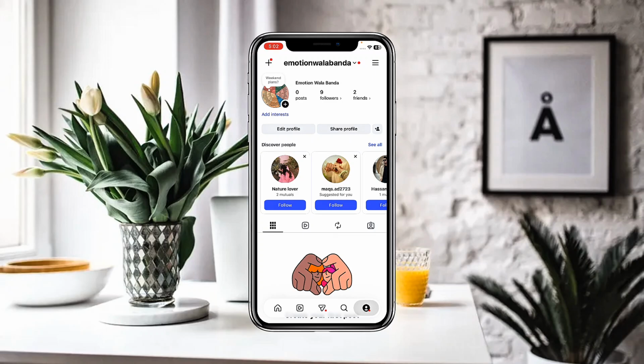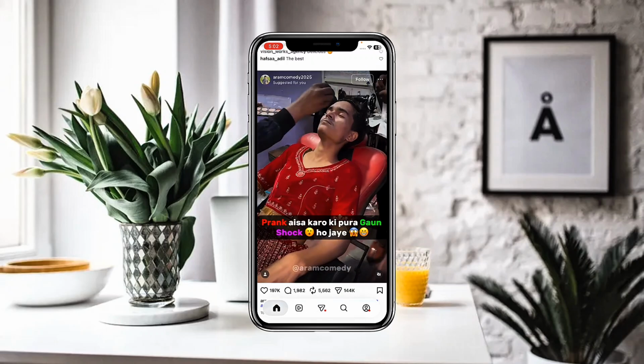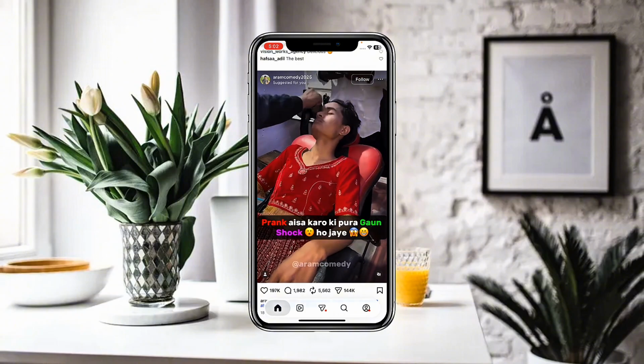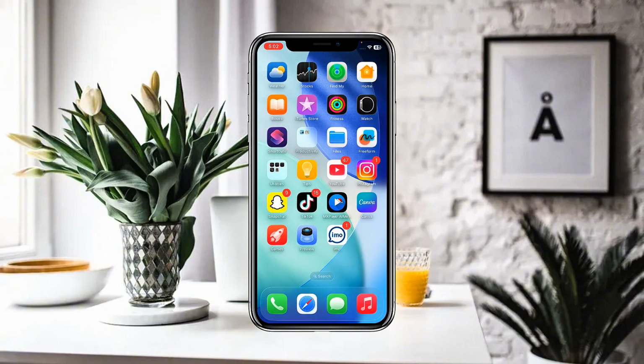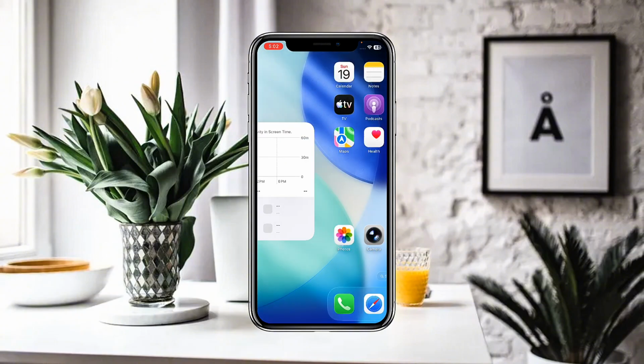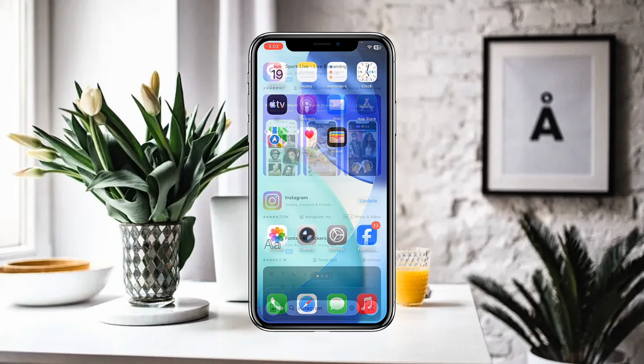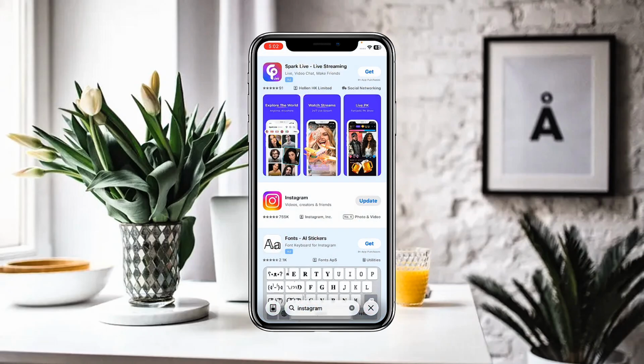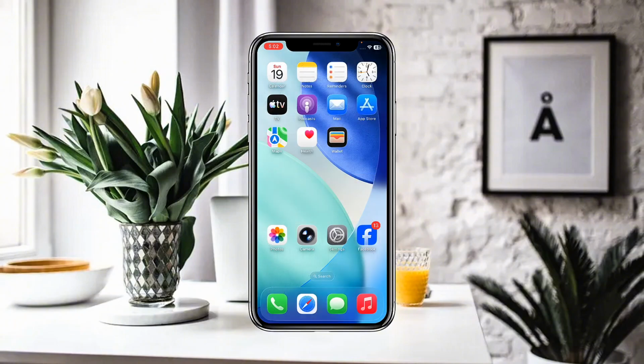But if you want to get it from the settings or normally, then there is no option available. So there may be apps available which can provide you this kind of data, but I will recommend you not to use that kind of app because they may be able to steal your